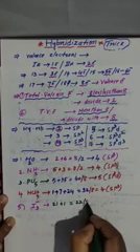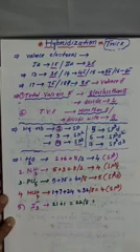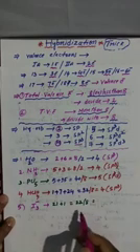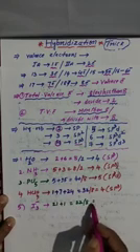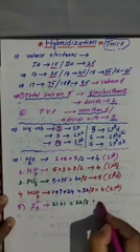More than 8, so divide by 8. 8 2s are 16, and the remainder is 6. 6 is less than 8, so we divide by 2 again, and you are getting 3. So 2 plus 3 is nothing but 5.